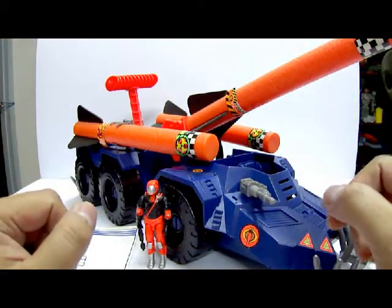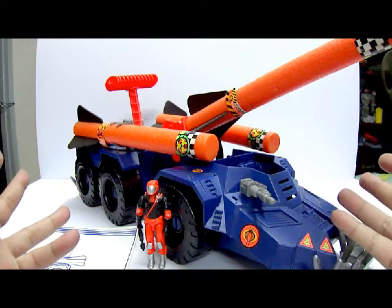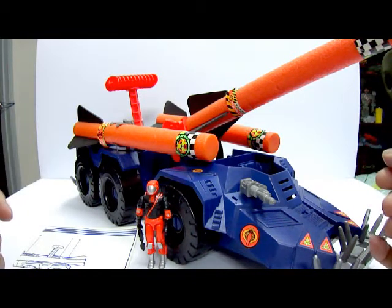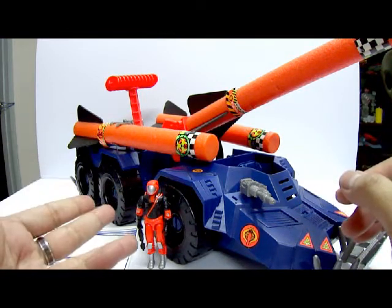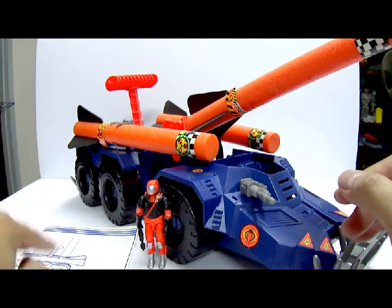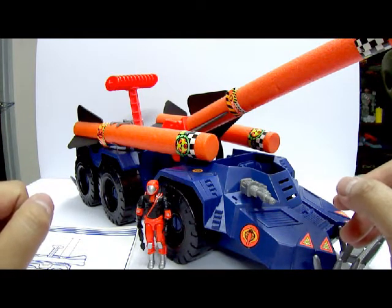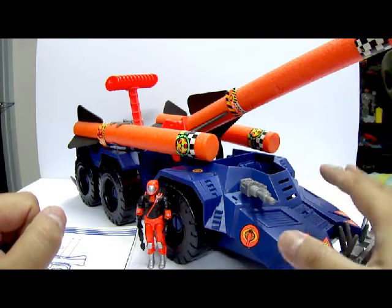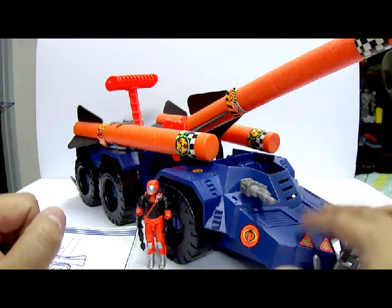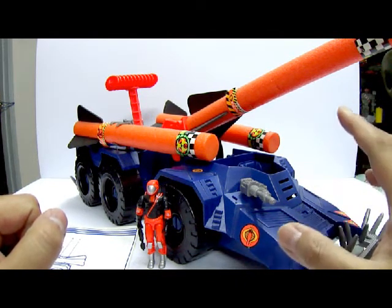Now I got this for $50 and everything you see here is complete minus the box itself. It's including the figure along with the accessory and the instruction manual. So $50 for this entire set is actually a good bargain there, because the Detonator is one of the quite